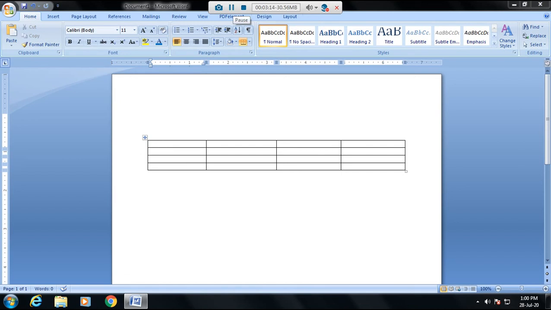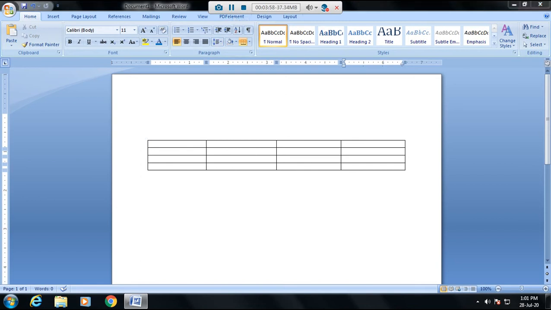The next thing is the cell. What is a cell? Basically, a cell is the enclosed or blocked area where any row and any column intersect each other. This is a bounded area like this. This is a cell, this is another cell. So overall there are 16 cells: first, second, third, fourth, 5th, 6th, 7th, 8th, 9th, 10th, 11th, 12th, 13th, 14th, 15th, 16th. So overall 16 cells in this table.